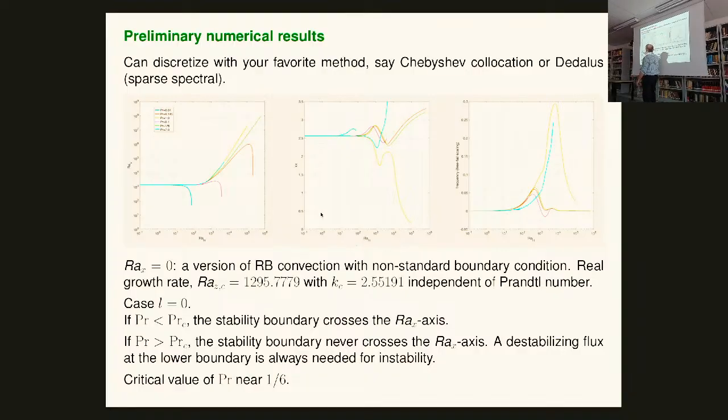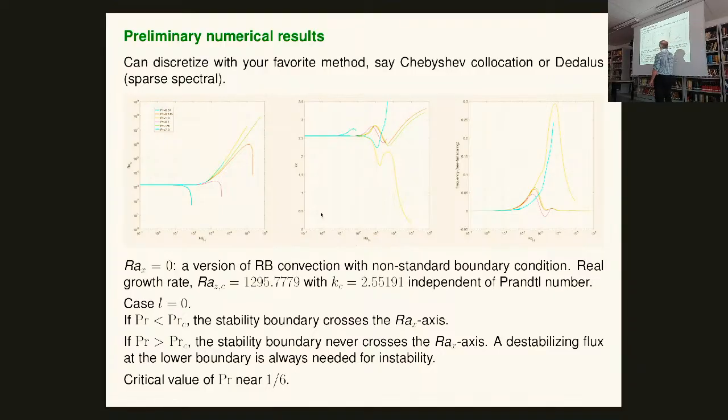And so if you start off with a 0 horizontal Rayleigh number, you got some weird version of Rayleigh-Bénard where you fix the buoyancy at the top and you fix the buoyancy flux at the bottom. If you do that, you can work out that you have a Rayleigh number of about 1300 and a K of 2.5. So it's very similar to our standard Rayleigh-Bénard. It's just got a slightly different set of numbers. And that's got exchange of stabilities. That's got everything nice that you like.